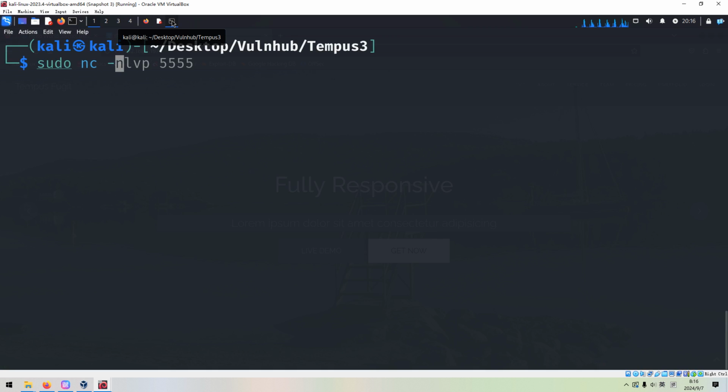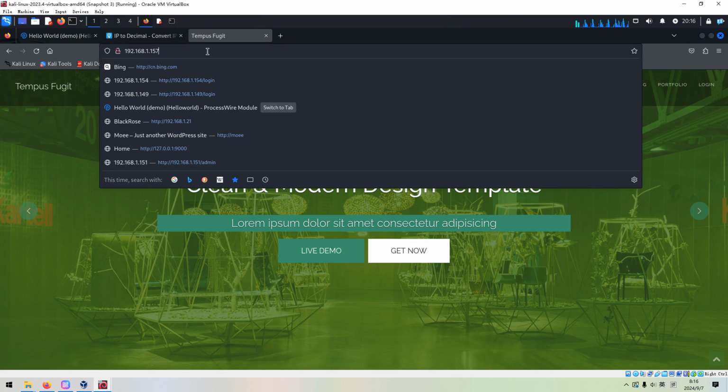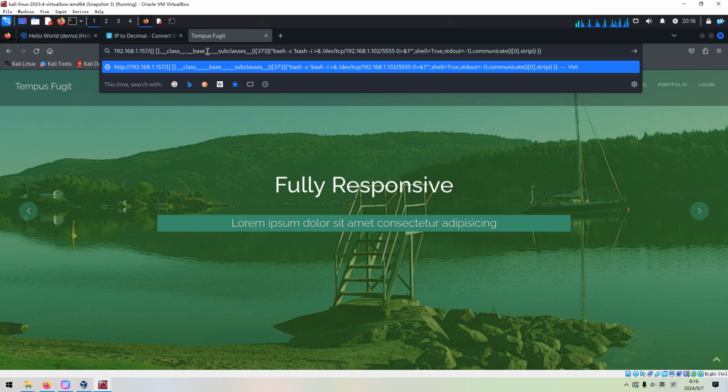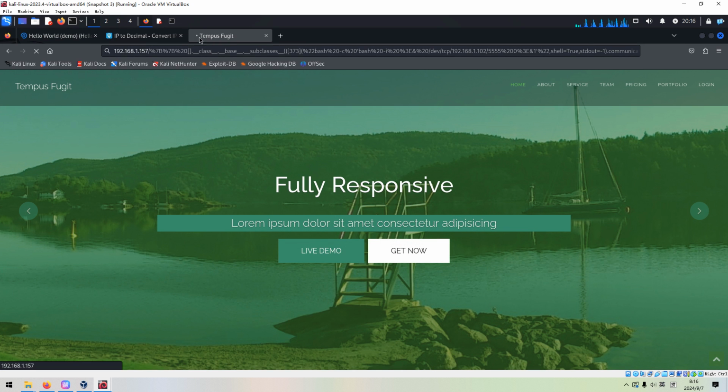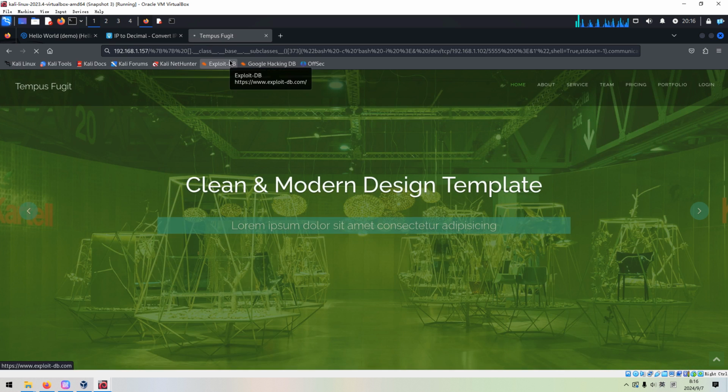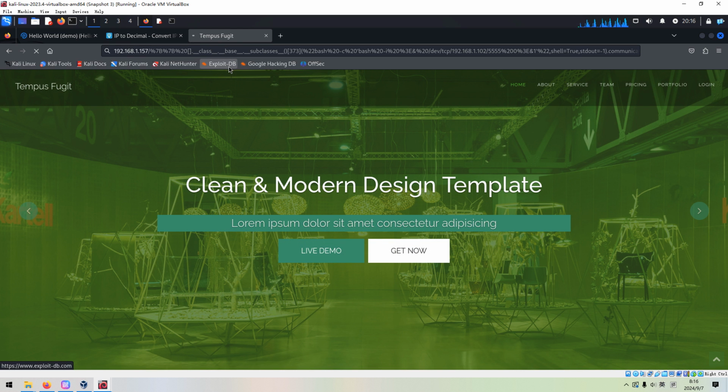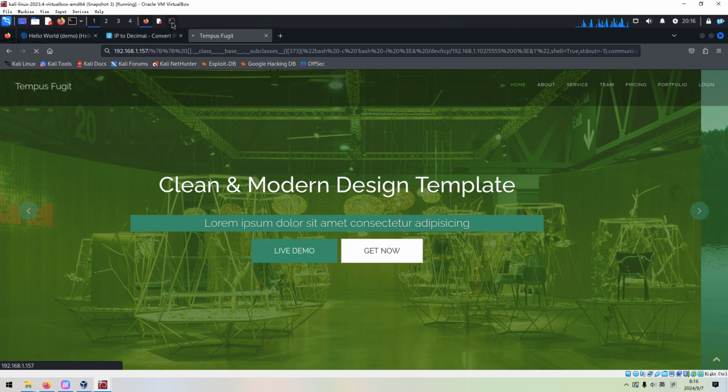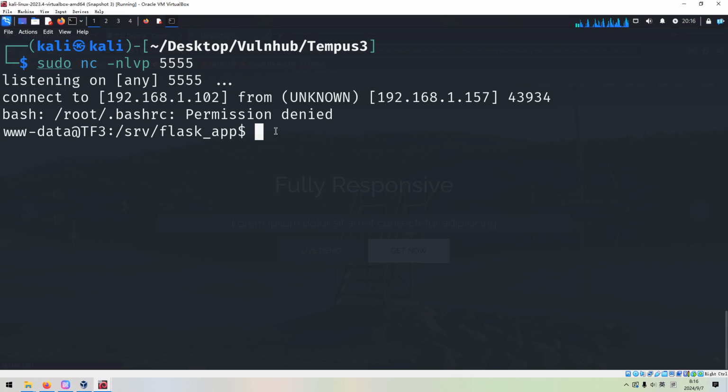And we need to set up the listener on the Kali Linux, and then press enter. So from the status of the browser, we can tell that we successfully got the reverse shell, as you can see over here.